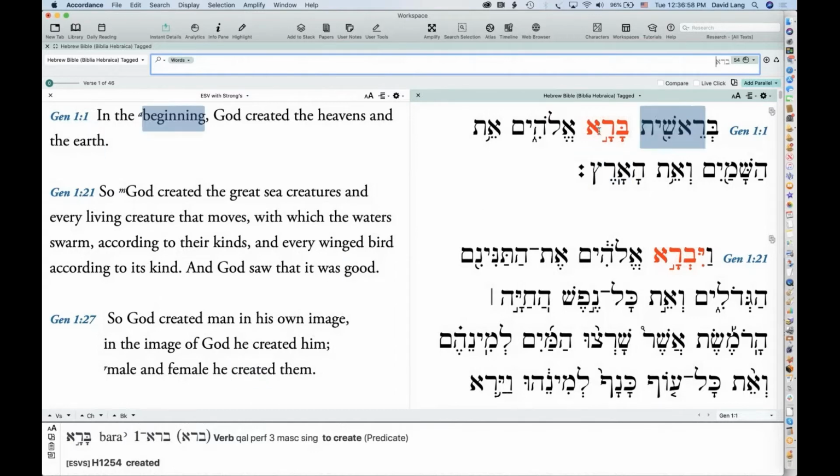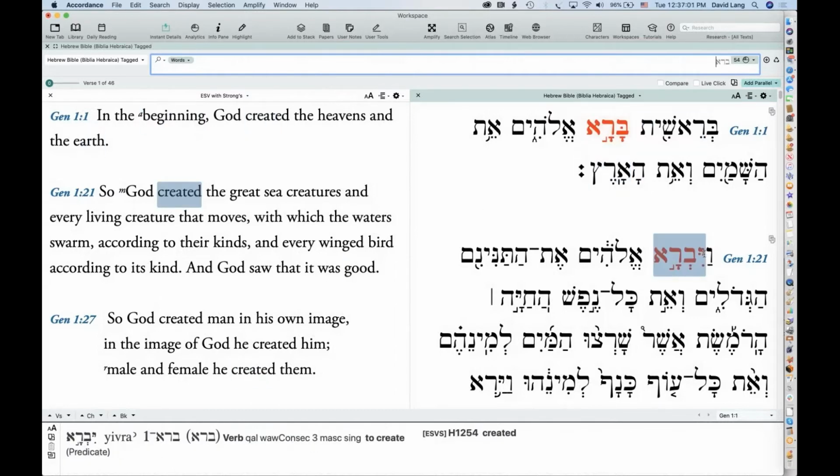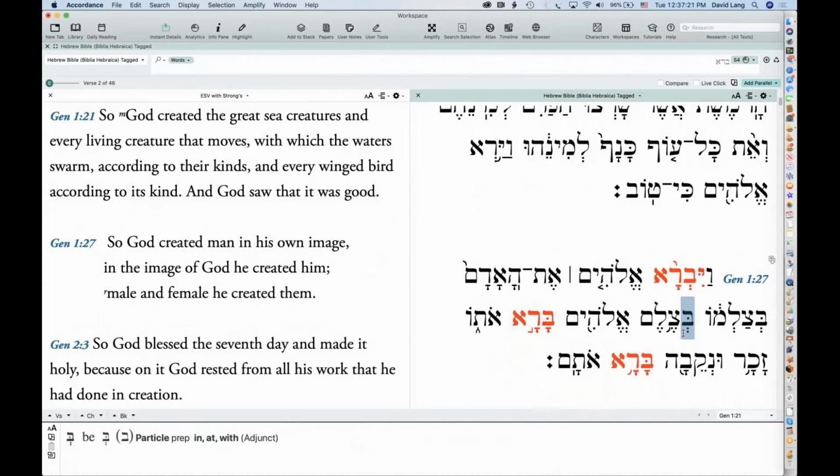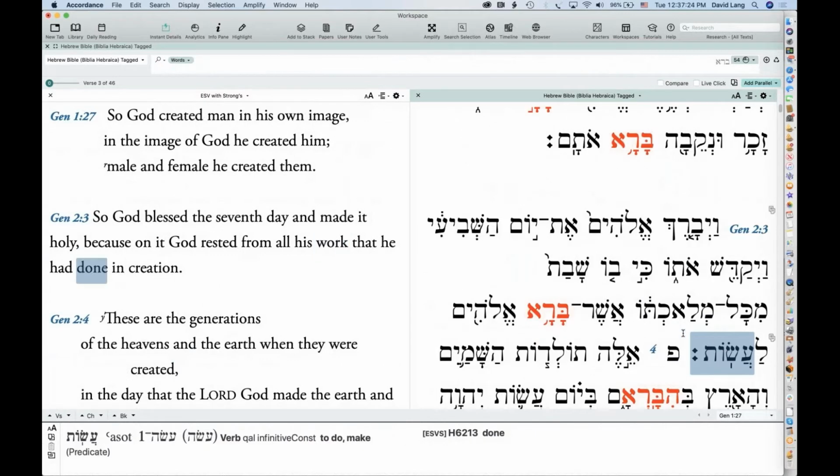So it finds bara, but it also finds yivra, which is a different inflected form. It now has the yud in front of it, but it's still searching for that lexical form. That's what's being searched. So the default search in Hebrew is for lexical forms, and it finds every inflected form of that lexical form.